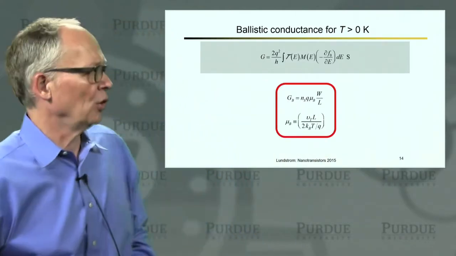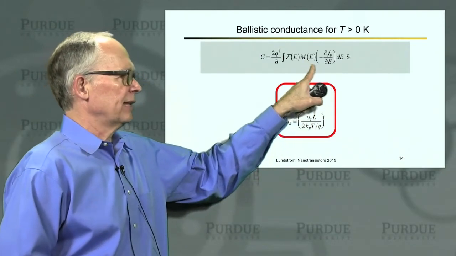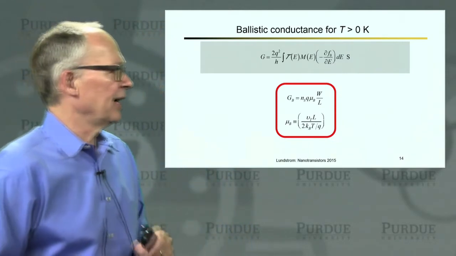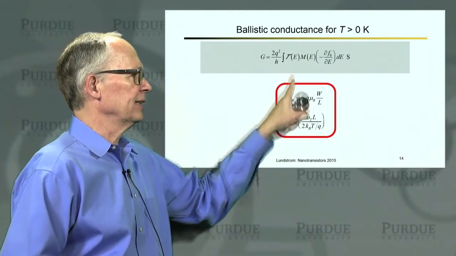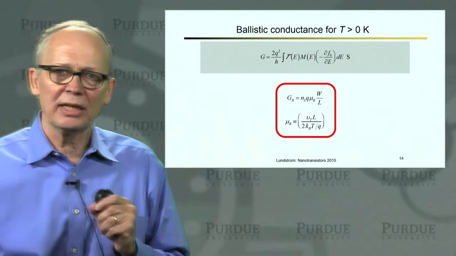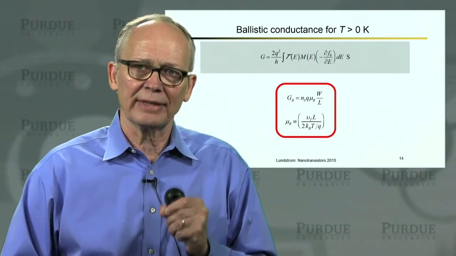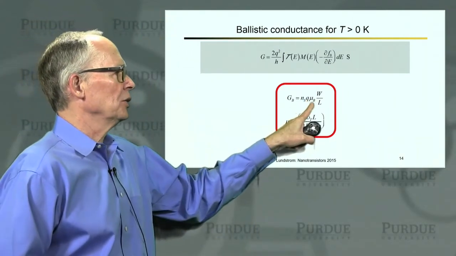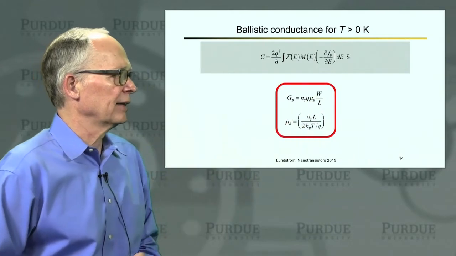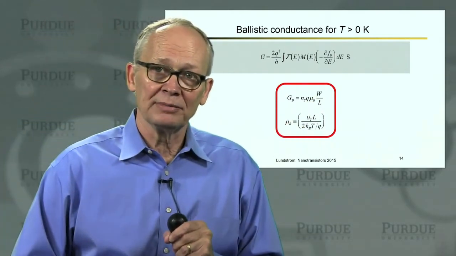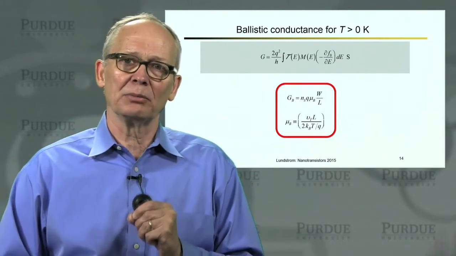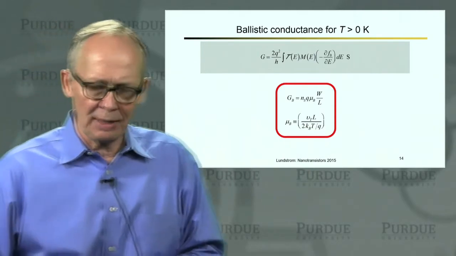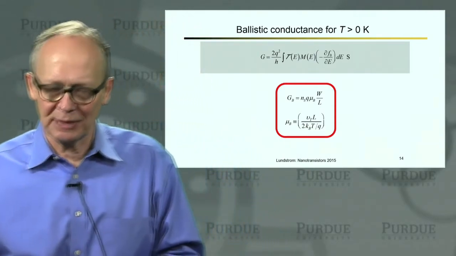So the bottom line of all of this is that if we take our general formula for the conductance in the linear regime, if we evaluate it in the ballistic limit when T is equal to 1, we can write the result in the traditional textbook way that the diffusive conductance is written: n Q mobility times width divided by length. We can write it in the same form as long as we define this thing we call the ballistic mobility. So that ballistic mobility is something that's going to come up in our discussions as we talk about ballistic MOSFETs and quasi-ballistic MOSFETs.